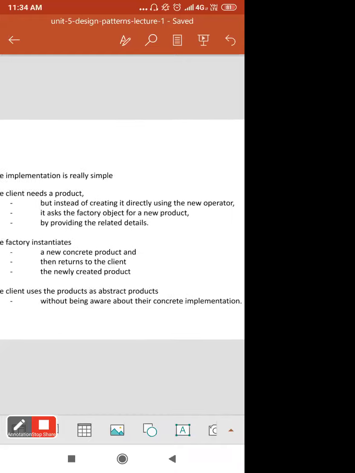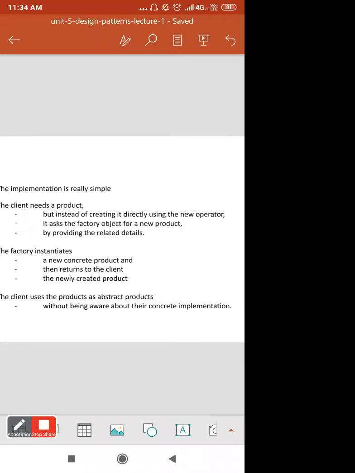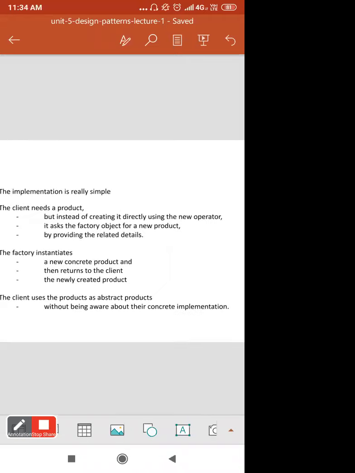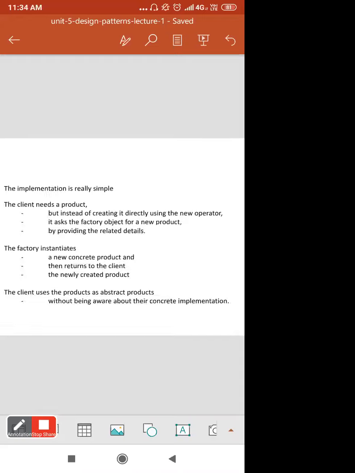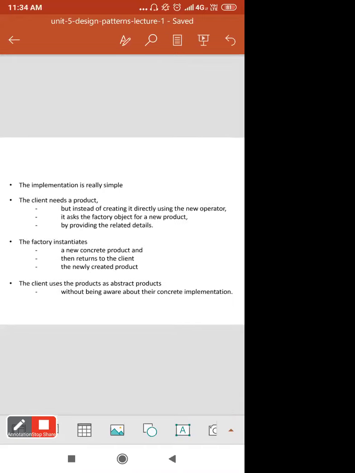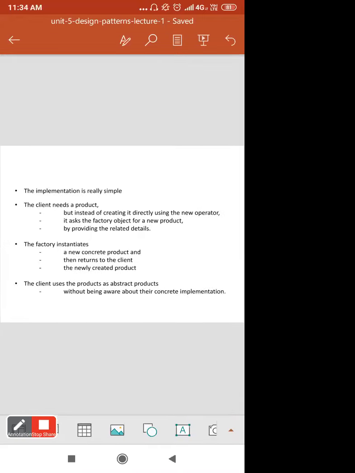And the client uses the product as an abstract product without being aware of its concrete implementation. Okay, so that is the basic logic behind this particular design pattern, the factory pattern.